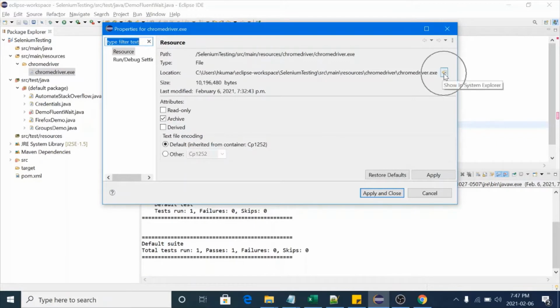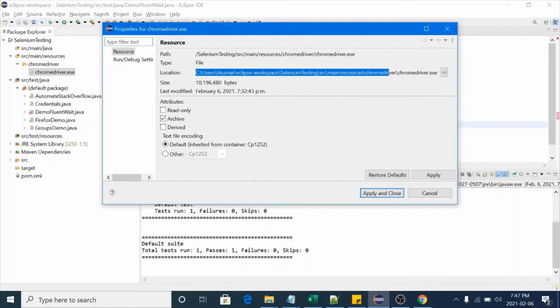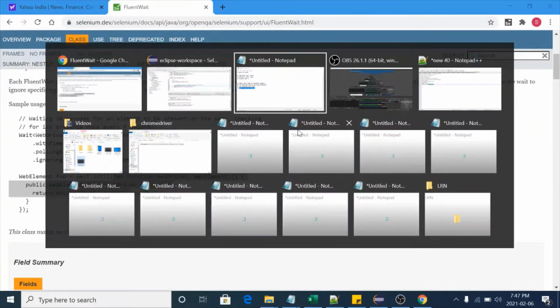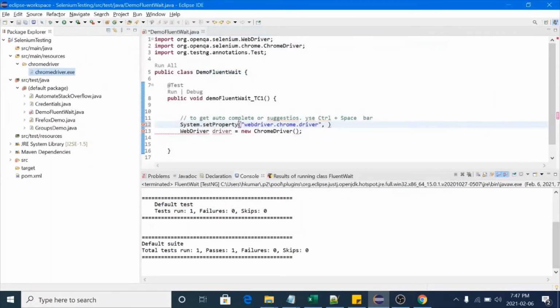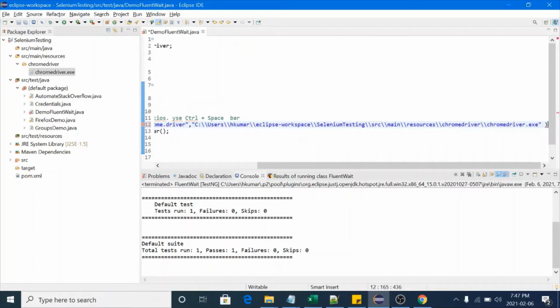I can copy it like this and paste it here inside double quotes. Press semicolon at the end of the line.